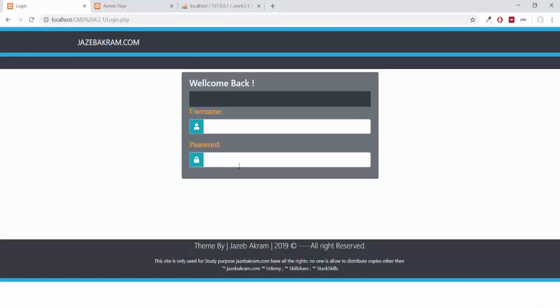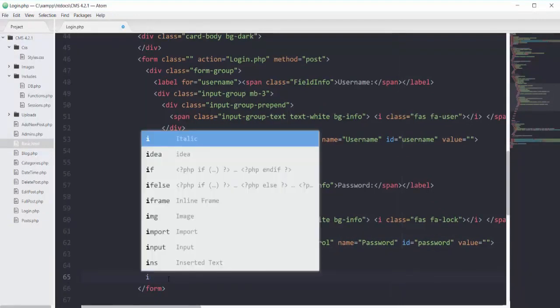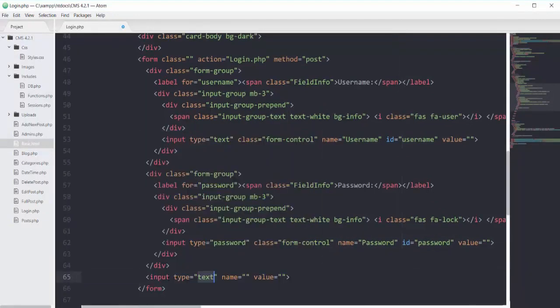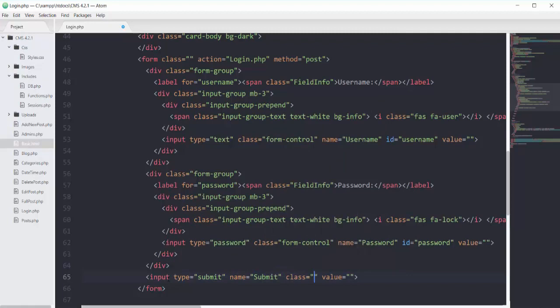So after that we will have our login button. So right after this form group I will add one input tag. Its type would be submit, its name would be submit as well, and for the class it would be btn-info and btn-block.